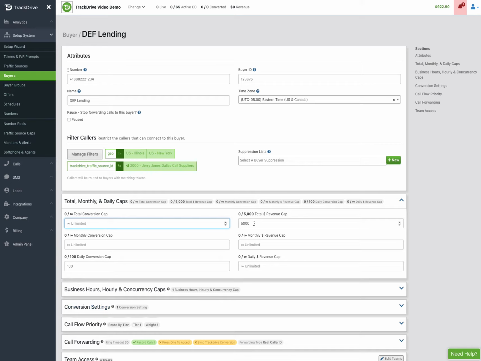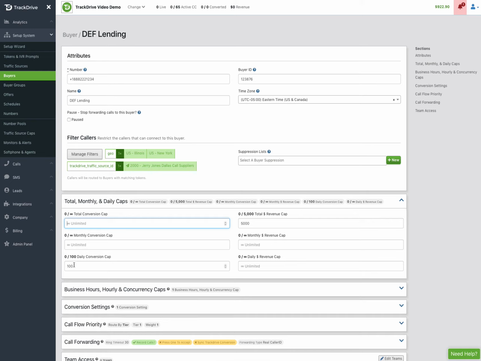It'd be very difficult if they're paying you $25 and had eaten away at 73 of 100 calls, if you had done the limit over here, and then you have to come adjust it because he says, okay, I was paying you 25 but I'm willing to pay 27. It'd be really hard to figure out how many calls he had left and do that in real time. So it's much better to do your total caps in dollars, and your daily and monthly caps, he may want to do those in dollars as well for budgetary reasons,